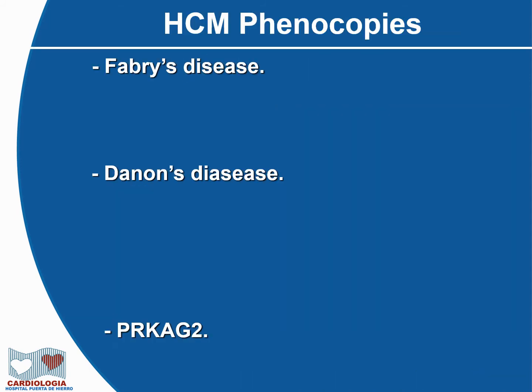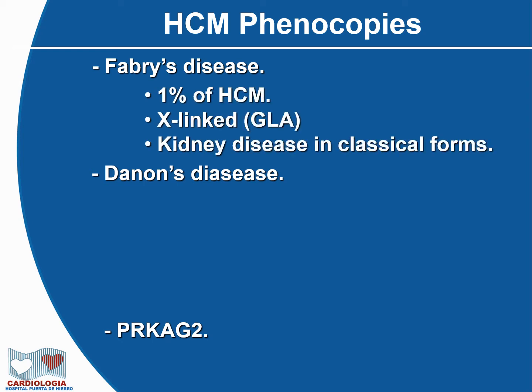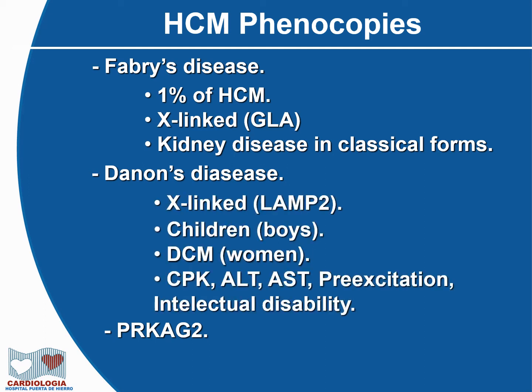For instance, one of these phenocopies could be Fabry disease. This is 1% of HCM and is linked to the X chromosome. It's caused by mutations in the GLA gene, and you can have involvement of the heart, of the kidney, and also neurological involvement. Danon disease. This is also an X-linked